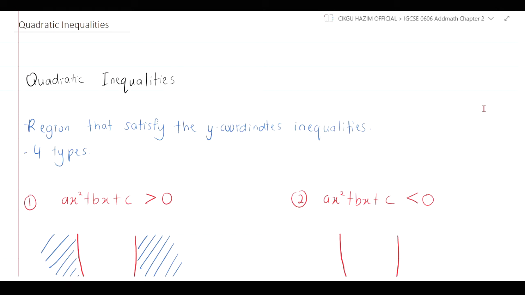I'm going to teach you about the next thing, which is quadratic inequalities. Quadratic inequalities are one of the most important basics in the quadratic topic. What do we mean by quadratic inequalities? Inequalities are based on the region that satisfies a certain condition: either more than, less than, more than or equal, or less than or equal. It may be tough for you to understand,